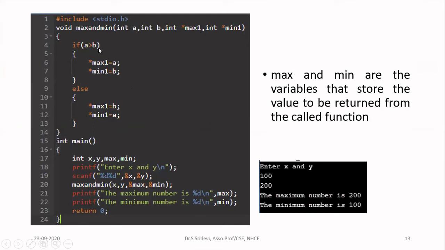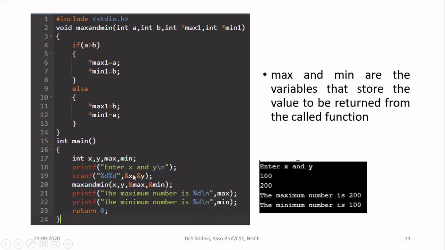Now, when this work is done, all the answer will be reflected in the memory itself. Okay, since the answer is reflected in the memory, no need to return any value from the function. So we are writing the return type as void. Now, when you come back, the control will come back to line number 20, in the variable max and min. So I need to simply print them. So I am printing the answer as maximum number is max, minimum number is min.